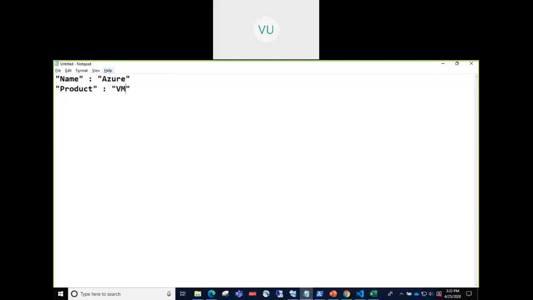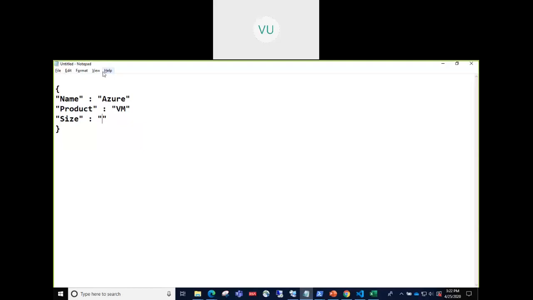Let's say product is VM, something like that, and then you provide the size. This is how you define it. This is the simplest form of JSON: a key and the value for that key. So you define key value pairs, and you keep them under curly braces.